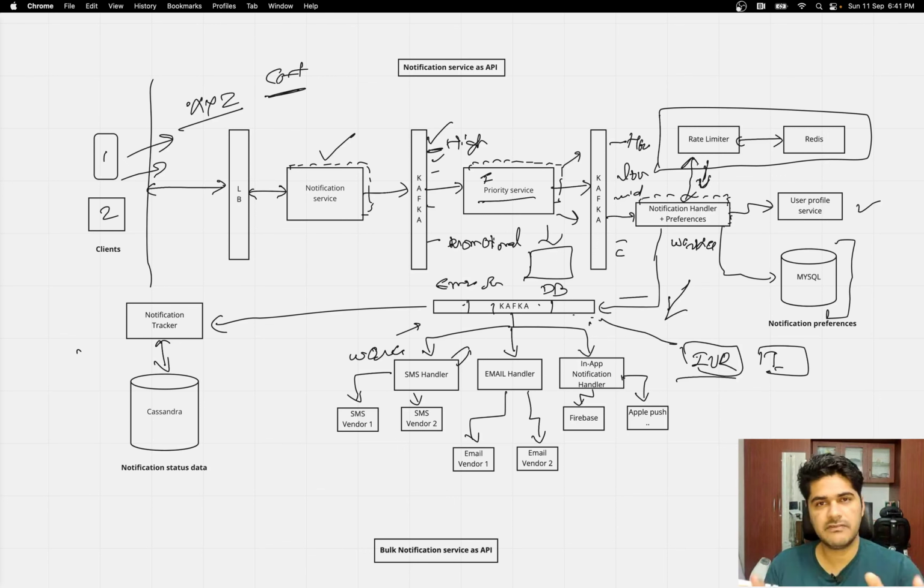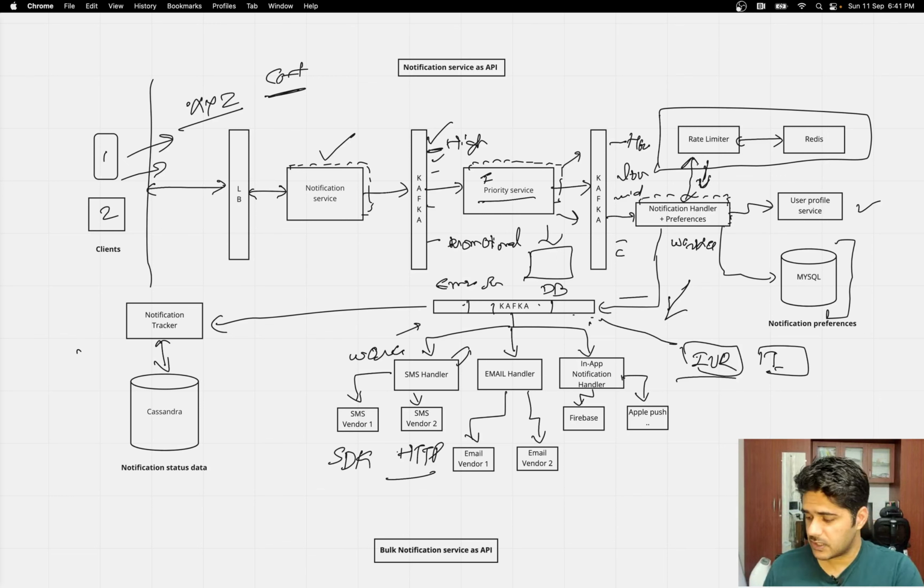We have different vendors, and there are different ways to talk to a vendor. For example, in some cases you can have an SDK, right? In some cases you have an HTTP way, where you send an HTTP call to that particular vendor, and they take care of the rest and give you the status. Sometimes they send 202 because they send the SMS asynchronously, or sometimes they give you 200, but it is complicated, that's okay. I'm just saying there can be different ways for different vendors.